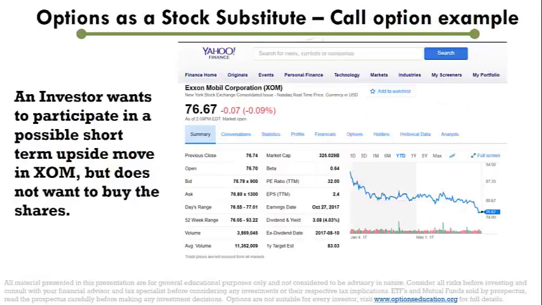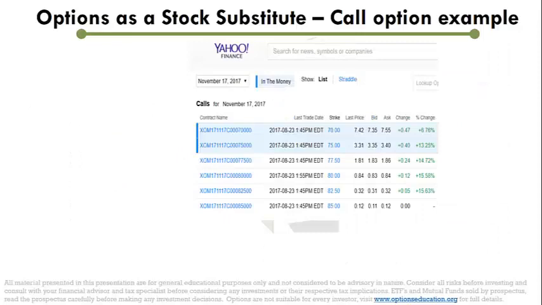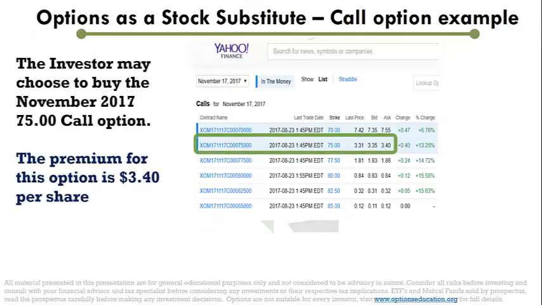So let's look at an example. Here's an example of ExxonMobil. And this is an investor wanting to participate in a possible short-term upside move in ExxonMobil, but he does not want to buy the shares. Now, on this particular day, and this is right from Yahoo Finance, ExxonMobil was trading for $76.67 per share. So looking at the call option, the investor may choose to buy the November